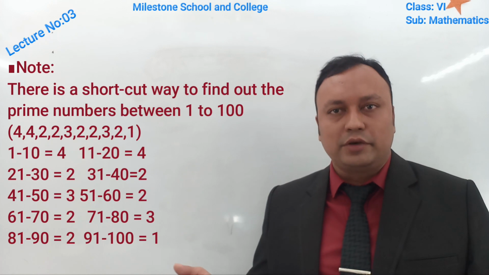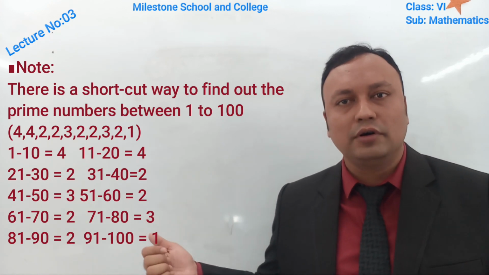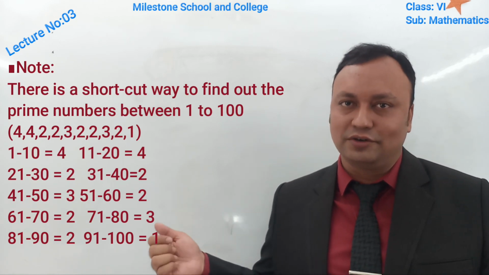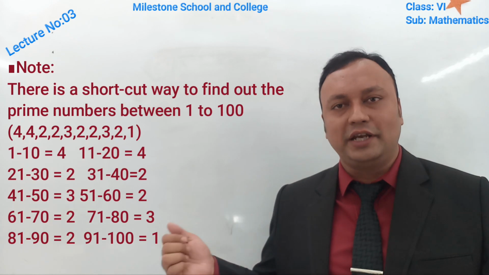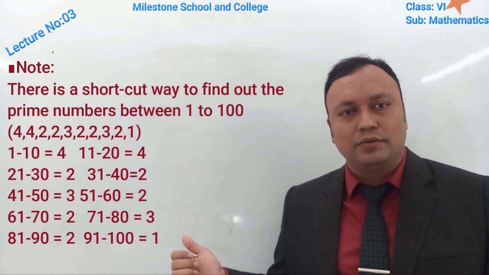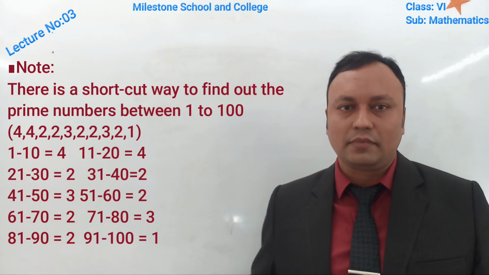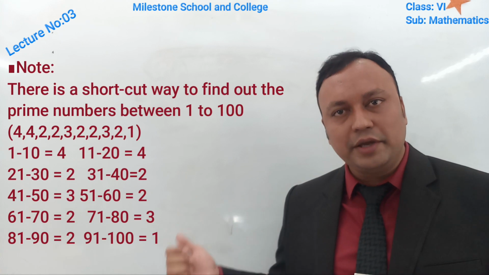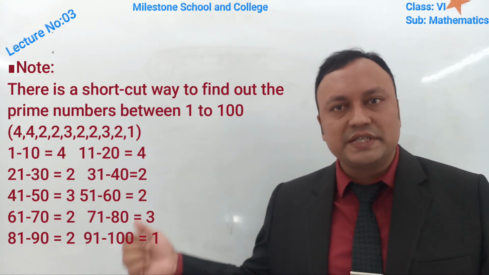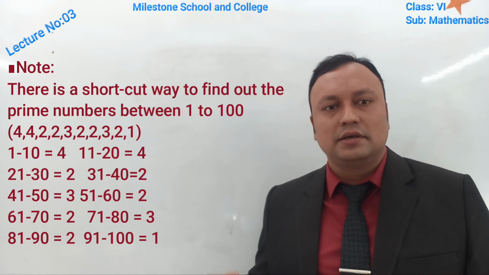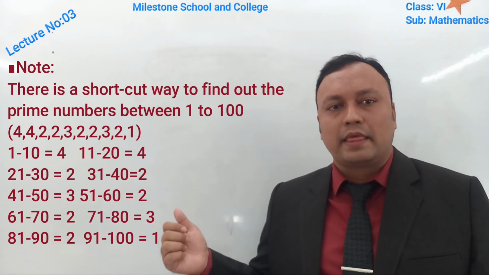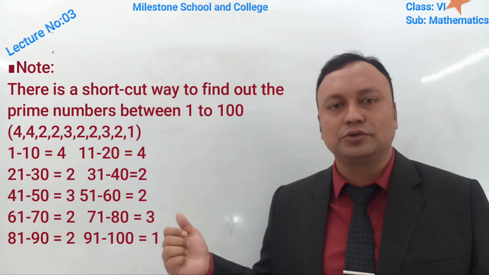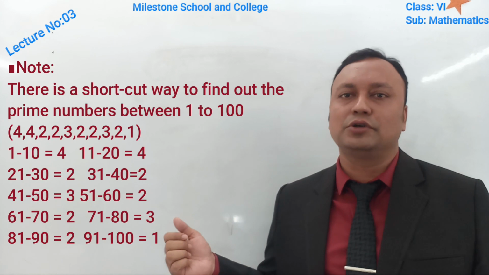Just see, between 1 to 10, we have 4 prime numbers. Between 11 to 20, we have also 4 prime numbers. Between 21 to 30, we have 2 prime numbers. 31 to 40, we have 2 prime numbers. 41 to 50, 3 prime numbers. 51 to 60, 2 prime numbers. 61 to 70, 2 prime numbers. 71 to 80, 3 prime numbers. 81 to 90, 2 prime numbers, and 91 to 100,